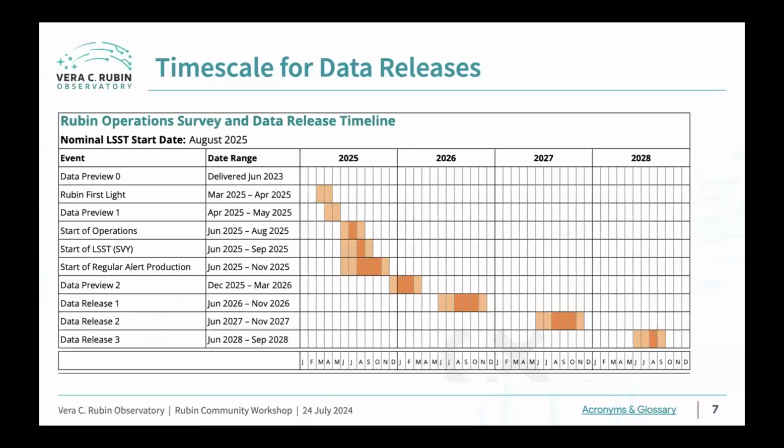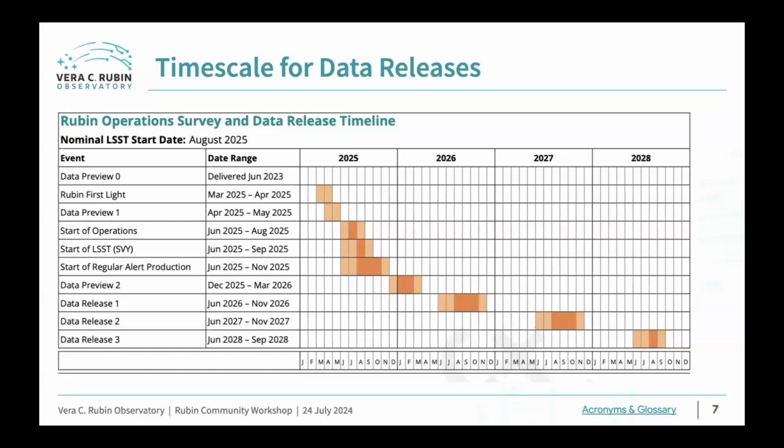I'll start by just reminding everyone of the timescales for data releases. Bob showed this on Monday in his plenary, so I'll just briefly recap. We're expecting Rubin First Light in just under a year, so March to April 2025 next year. So we're really very close. Then Data Preview 1, we expect to be coming out shortly after that, April to May 2025, which is the first time that people from the community, or anyone, in fact, is going to be able to work with real LSST data. We're very keen to get this data and to run our system on it and to see how well our system performs on real LSST data.